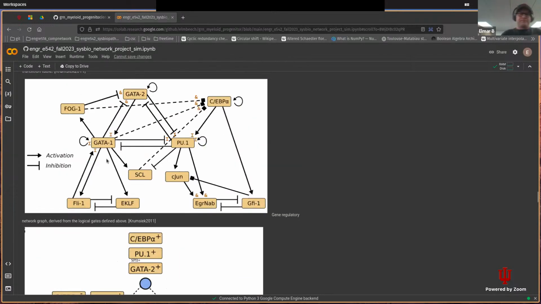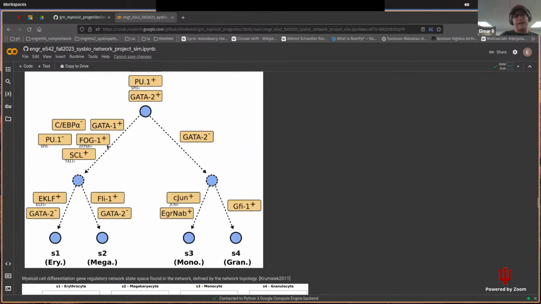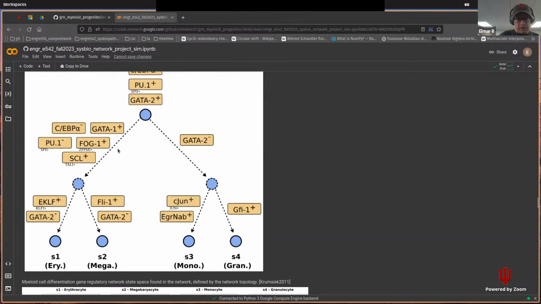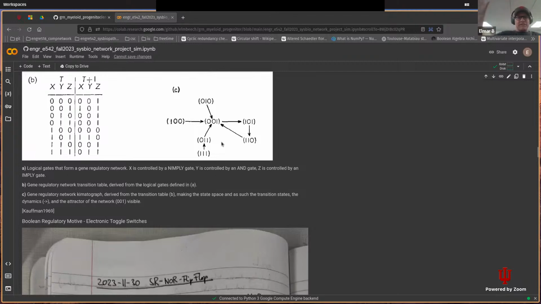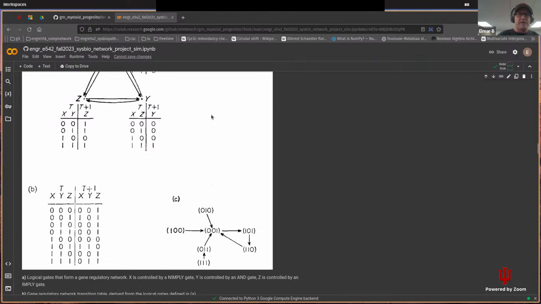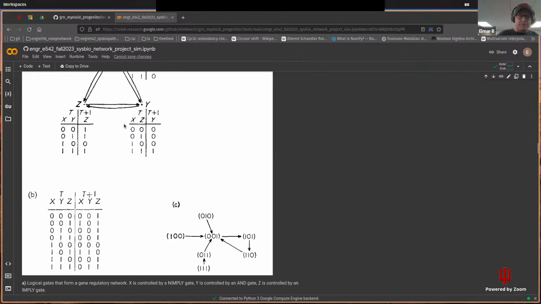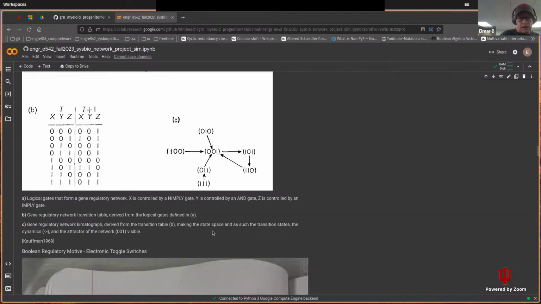So also in Stuart Kauffman's paper, when we have the graph, we can make the state space, or that we have the dynamic graph, and this looks here like this one. So it's not anymore that we have, going back here, it's not anymore that we have it directly like this. It just shows the big picture, the big tree that we have. But we went exactly to the same state. We had first each gene defined the gates. We came from that to topology. We don't really do the transition table, but we come to a state space that we now can analyze. Okay,